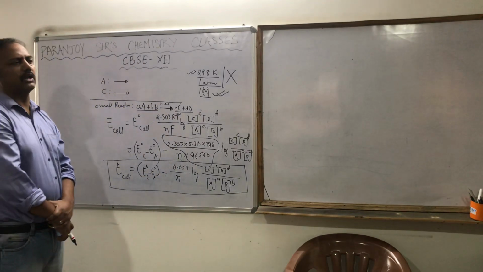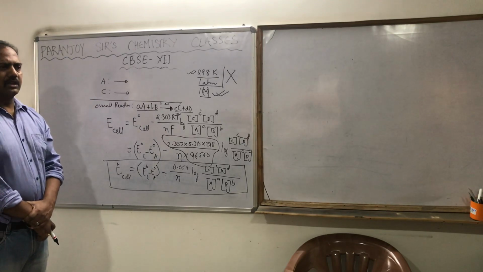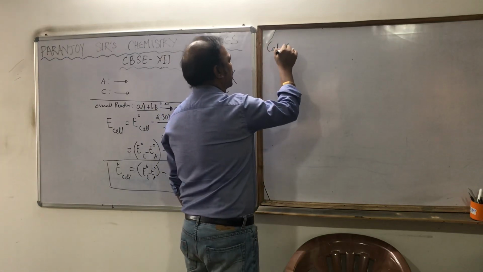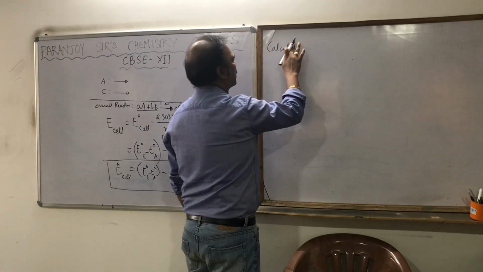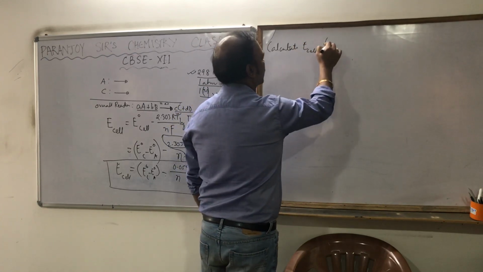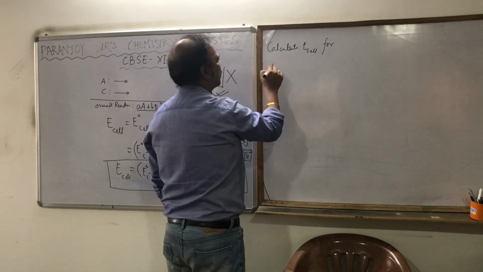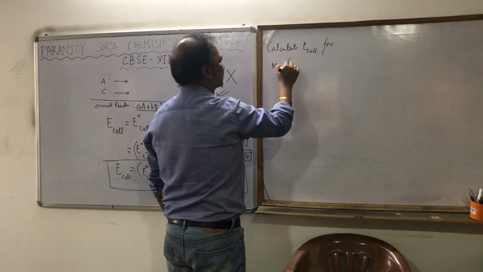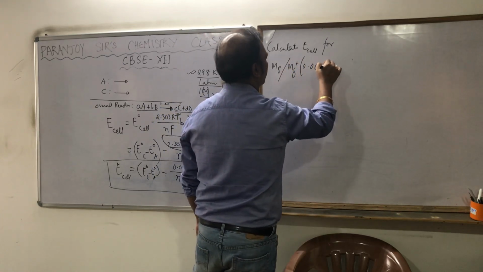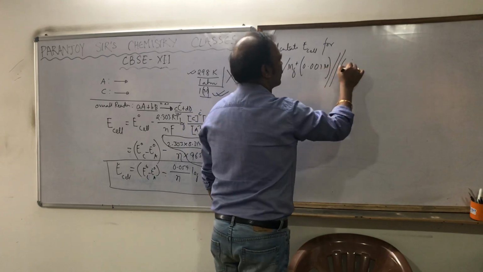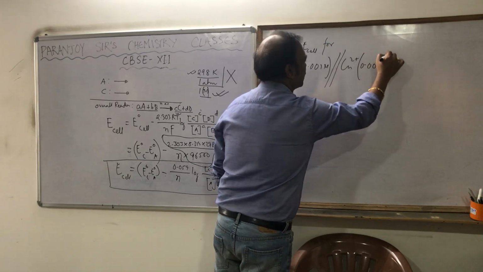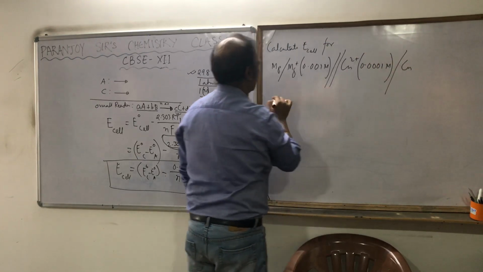You can understand that and you can do it for any cases. Just try, calculate. Let me write it over here. Calculate E cell for, I'm writing the cell, Mg | Mg2+ (0.001 M) || Cu2+ (0.0001 M) | Cu, given